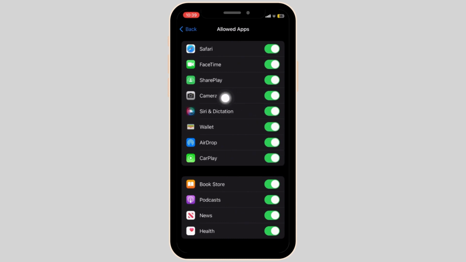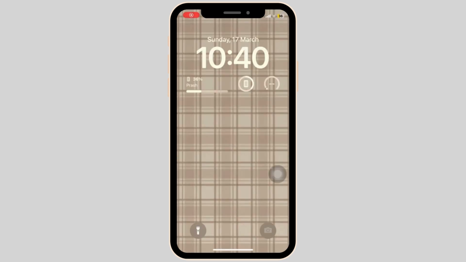Now all you want to do here is find the camera section and disable it. When you disable this camera option, it will be disabled from the lock screen as well as the home screen of your iPhone. You have successfully removed the camera feature from the lock screen of your